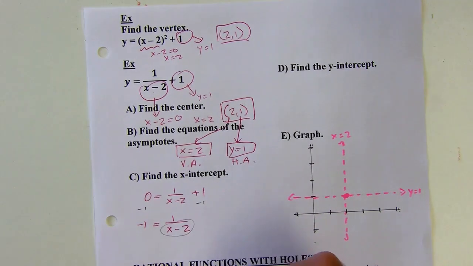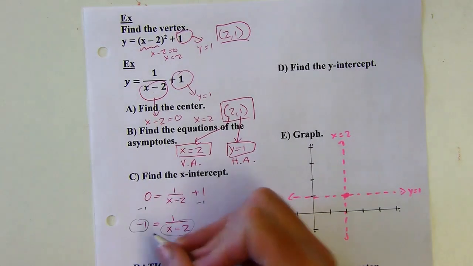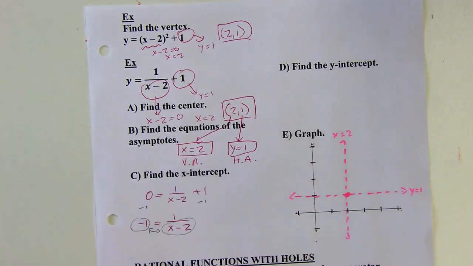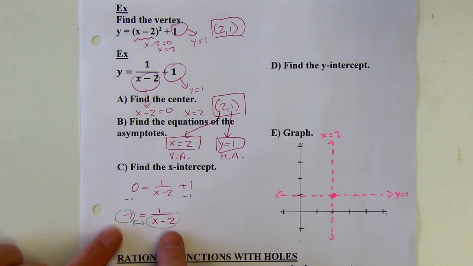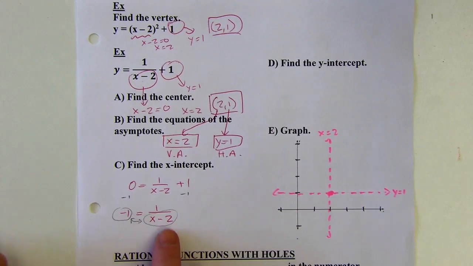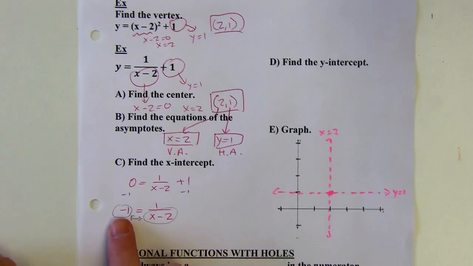And nothing wrong with that, but you can also use this maneuver that I've invented. I'll let you use it for free. I'm hoping to get rich off it someday. I call this the incredible switch. I might have shown you this before. But when you have something that's equal to a fraction, you can just take the denominator and switch it with the